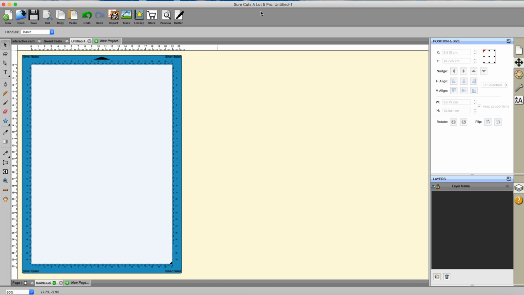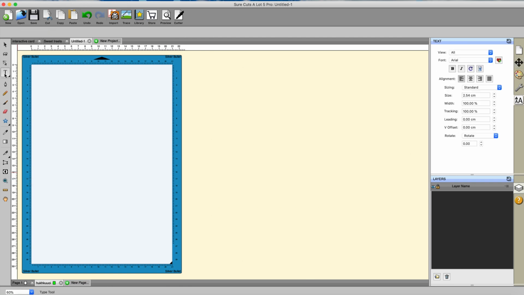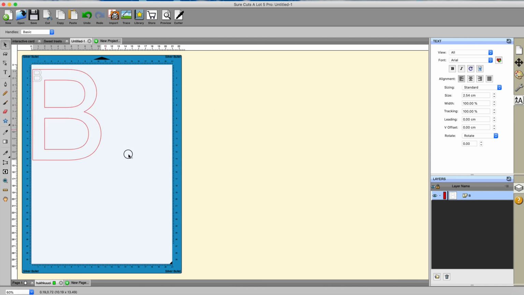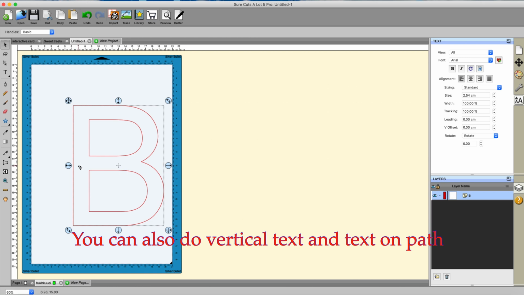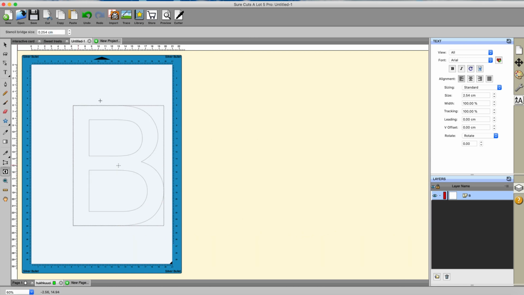Ability to do a stencil bridge. Yeah, this thing here is a stencil bridge, and let me just get a letter in text. If I do a letter B, I'll make this a lot bigger. Okay, right. So the idea of the bridge function is you can change the size of it,